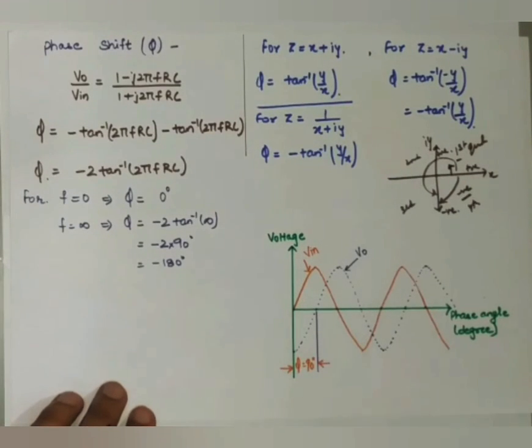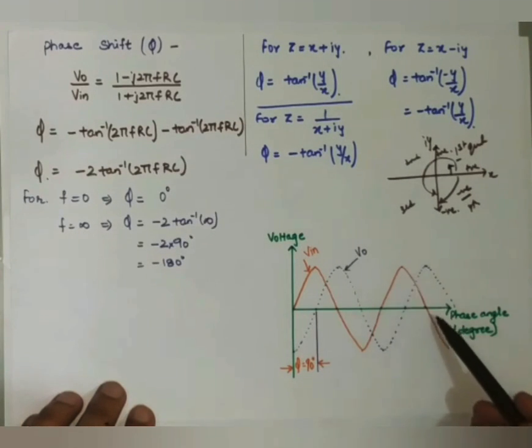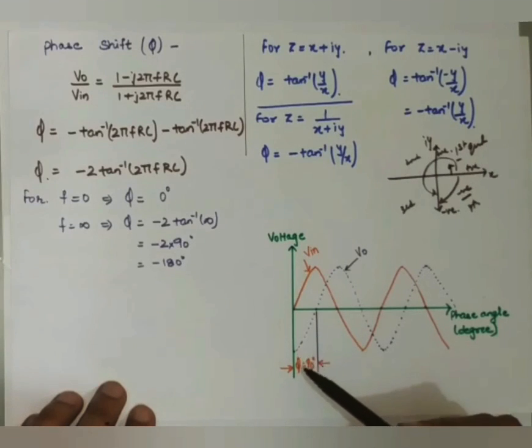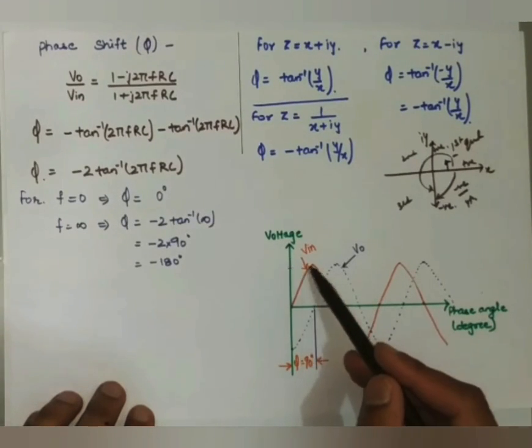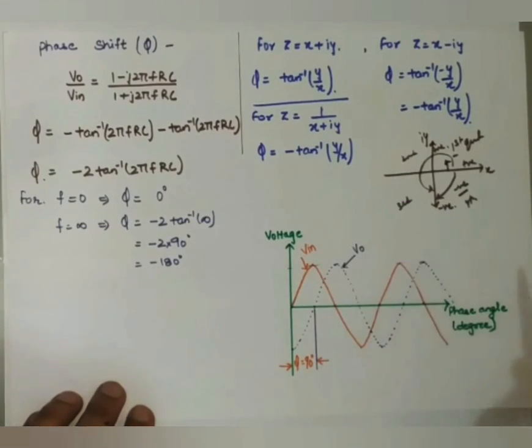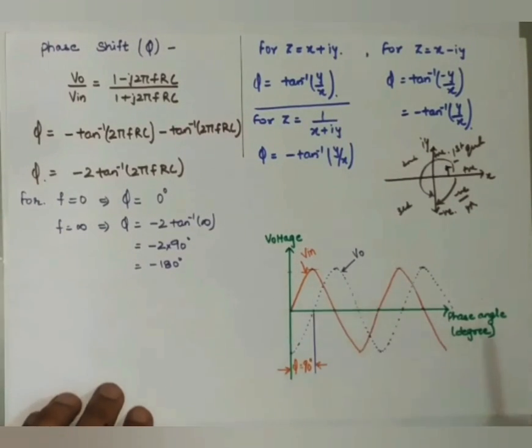And this is the phase response of the signals. My input signal is shown over here with the bold line, and my output signal, with a phase shift of 90 degree, is shown over here with the dotted line. But you can see here the amplitude is the same all over. So there is no change in the amplitude of the input and output, only the phase is varied.